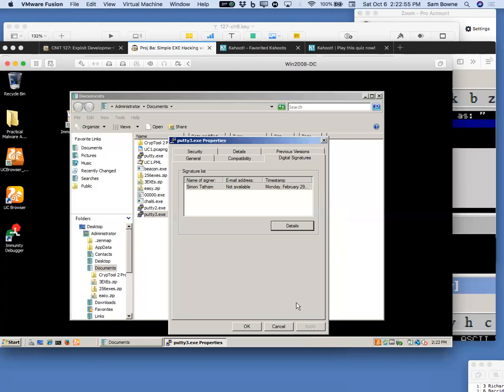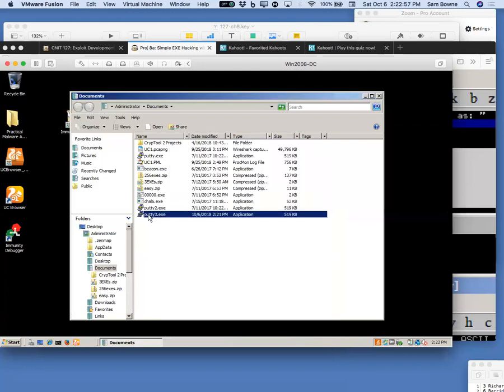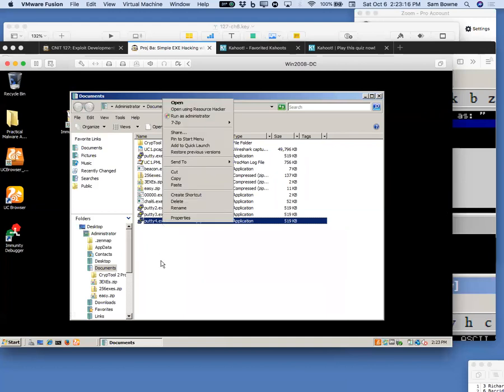So anyway, now I've made a modified version of this file. I'm going to modify it again. I'll just make another copy. But if you compute the hash, that would be different. It would be different, absolutely. The hash is different. That's what the signature is doing. The hash is different, and it knows it's wrong, but it doesn't pop up a warning box or anything, which is pretty rude. So now I'm going to have putty 4,